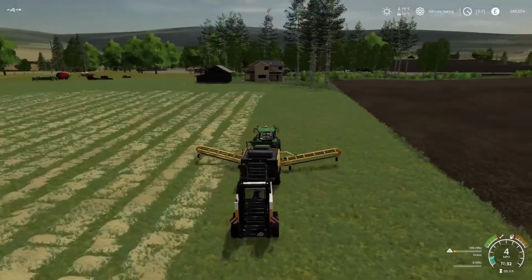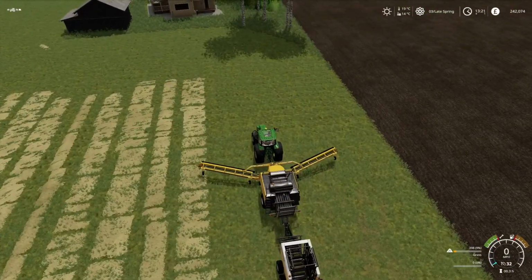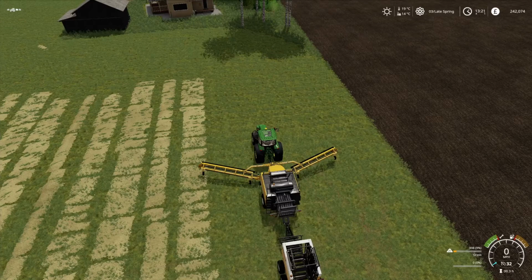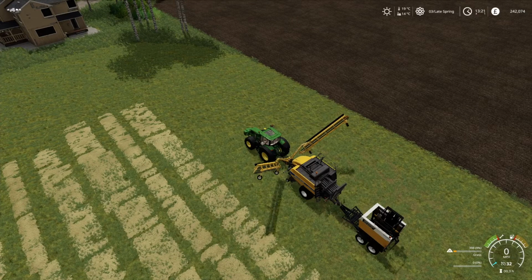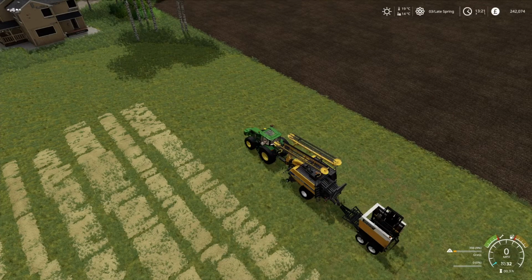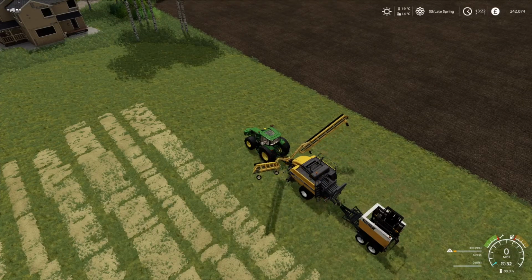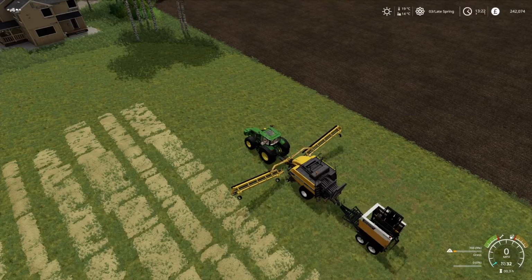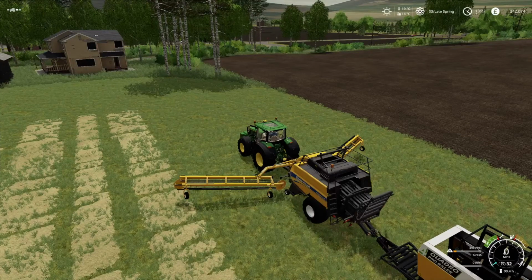I'm using a controller because I'm on console, so obviously to bring the rakes in and out on the baler, you have to hold in. Obviously you have to set it on the baler, top left hand corner, baler symbol. You hold in L1, push your rubber stick forward to fold the rake in, and then hold L1 in and the R3 rubber stick backwards to unfold the rake. There you go. And then obviously you've got to unfold the baler,